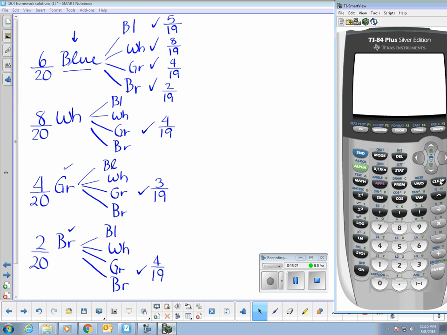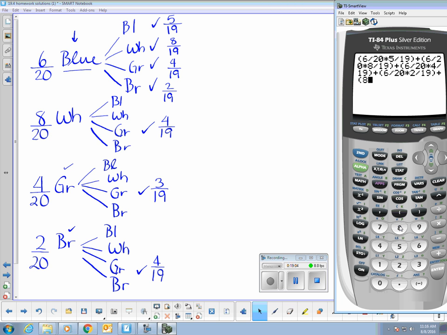And so I'm going to use a lot of parentheses. So my first probability is 6/20ths times 5/19ths. And then I'm going to add all the remaining ones. 6/20ths times 8/19ths. Plus the next one, 6/20ths times 4/19ths. And then plus 6/20ths times 2/19ths. And I'm going to keep going, plus